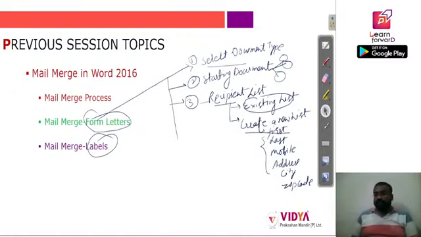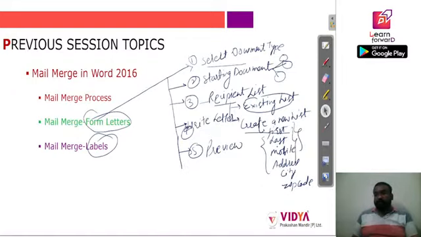After completing this step, that is selecting the recipient list, we have written our letter. Then we have saved the letter, where we want to put the address of the user to whom we are addressing this letter, and where we want to add our invitation letter, that is the proper writing of that letter, including the function details and "you are cordially invited" and so on. So that we have written in this letter. And in step 5, we have seen the preview of the letter, how it now looks, because while we were writing the letter,